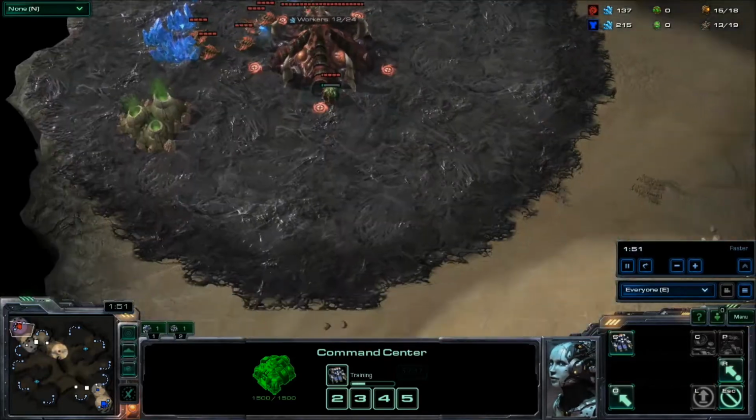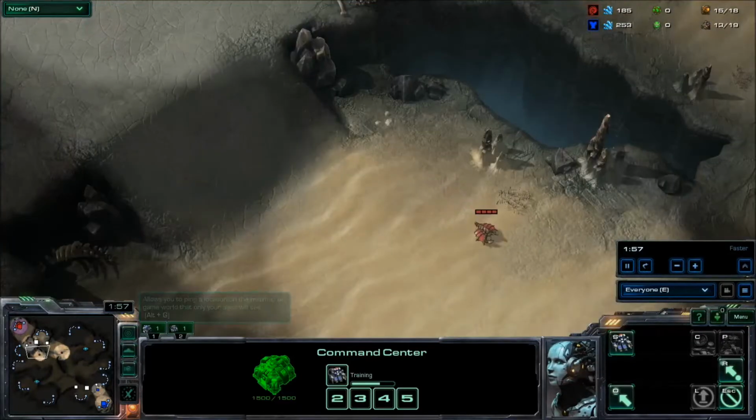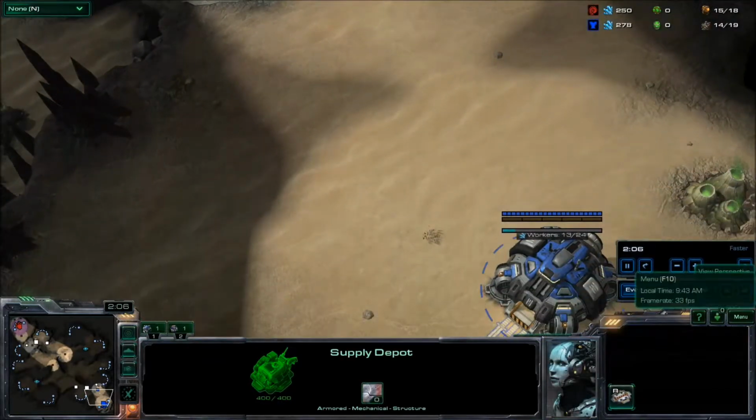Shinobi's going to get himself a pool early here. Probably going to go with the hatch first, I would have to imagine. And he is getting a little bit of scouting off here as he's going to head out with his drone there. And nexusfour is...